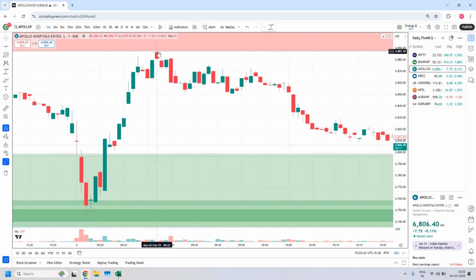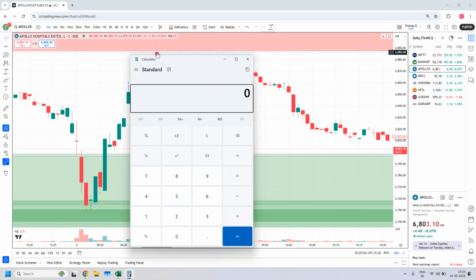And then it reached the target here at the 9:32 candle. How much profit would you have got? 6,886.7,